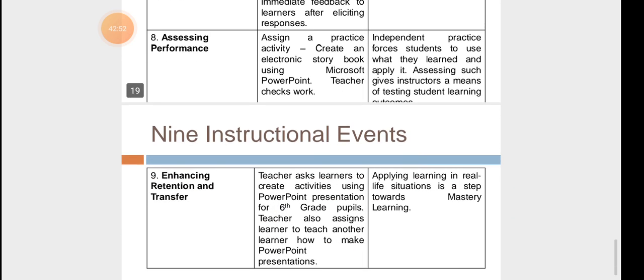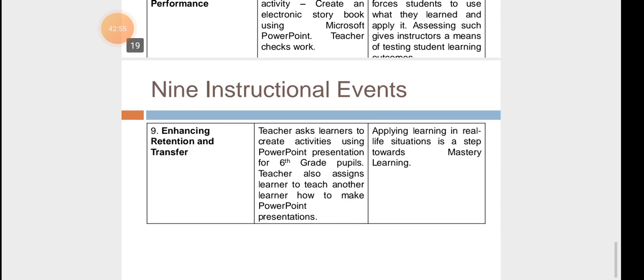And lastly, number 9, enhancing retention and transfer. Teacher asks learners to create activities using PowerPoint presentation for 6th grade pupils. Teacher also assigned learner to teach another learner how to make PowerPoint presentation. Kinakailangan dito yung bata, particularly yung grade 6 pupils, na at the same time